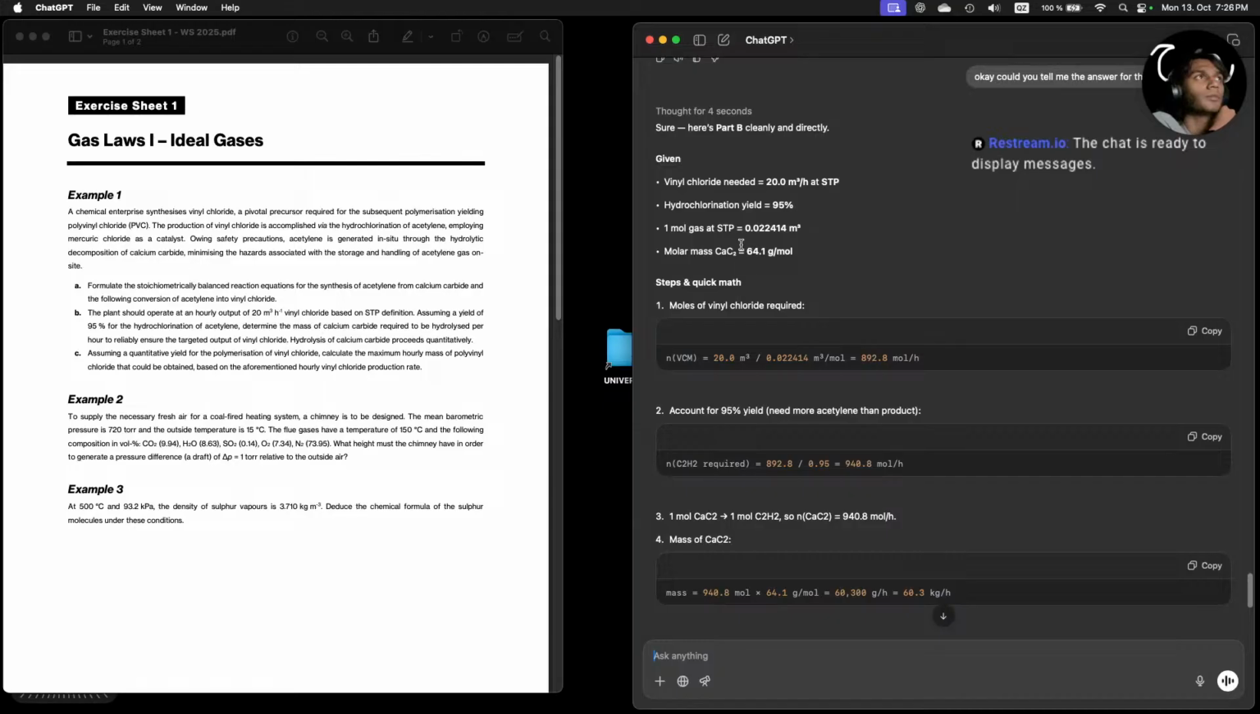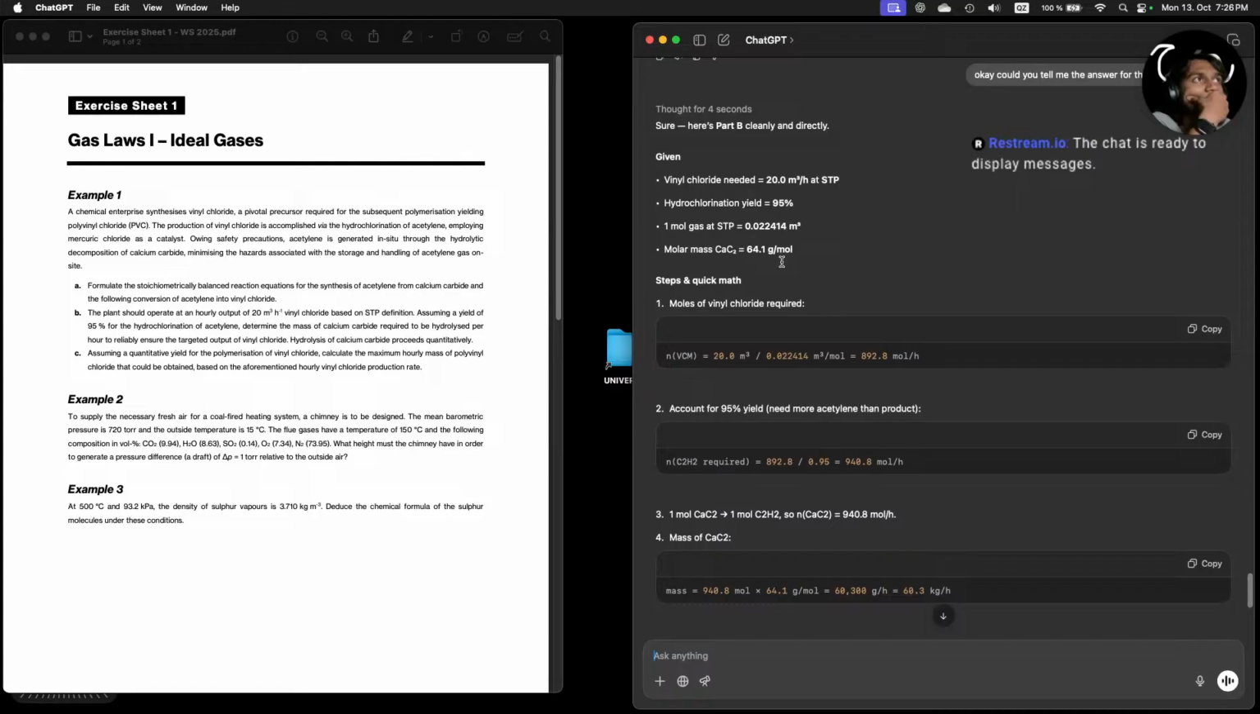So one mole of gas is at STP. Steps, quick math. Moles of vinyl chloride required: 20 cubic meters. So we use the ideal gas law. So it's volume by